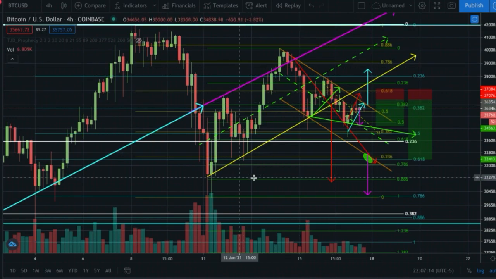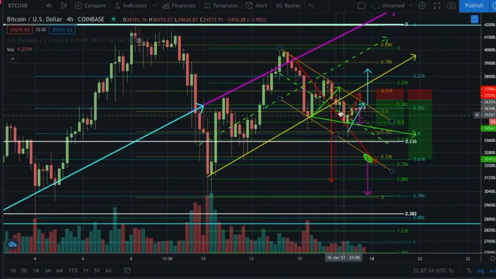Oftentimes what you'll see when we break a pattern like this, we'll see a move to the bottom, the top, the bottom, the top. We've now established with 2 points each, like a range. You'd want to see 3, but a lot of times on the third touch it will break. So when we come back down here, that's our third one. We come back to the halfway point and show weakness in the market,